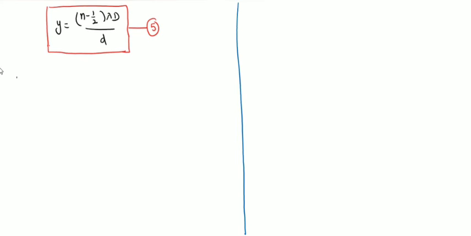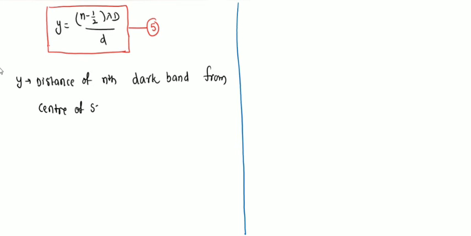And here y is the distance of the nth dark band from the center of the screen. If n is equal to 1, you substitute, you will get the distance of the first dark band from the center of the screen. The distance of the first dark band, that is y1, is equal to